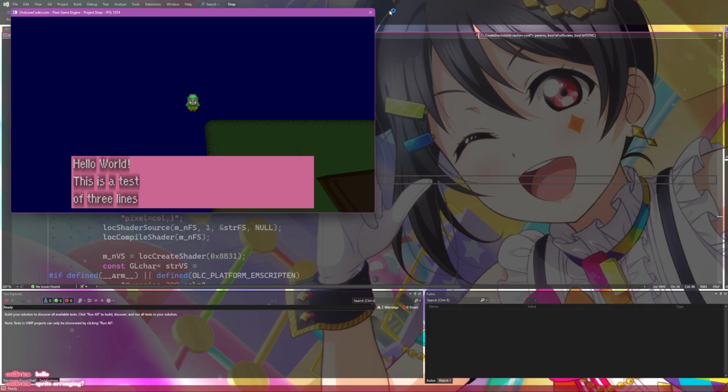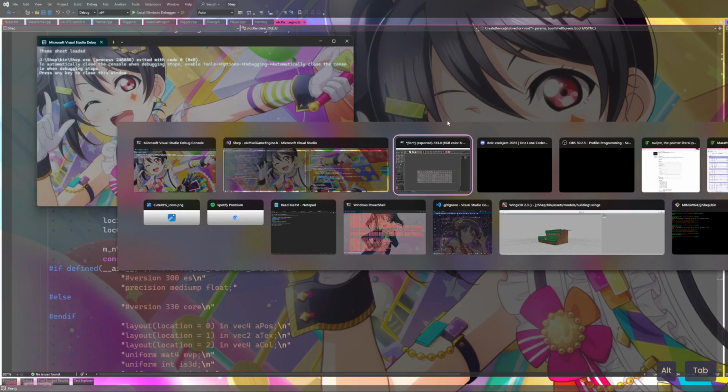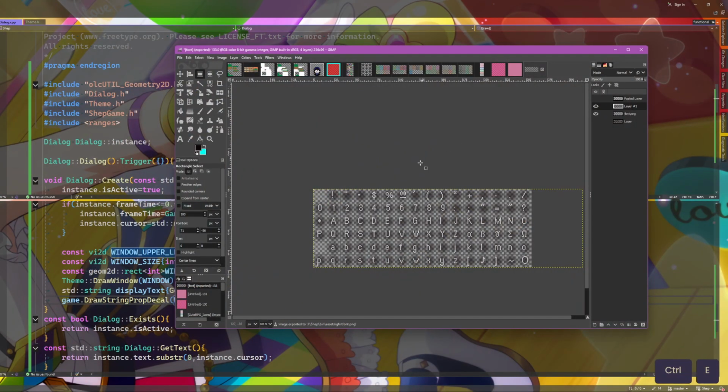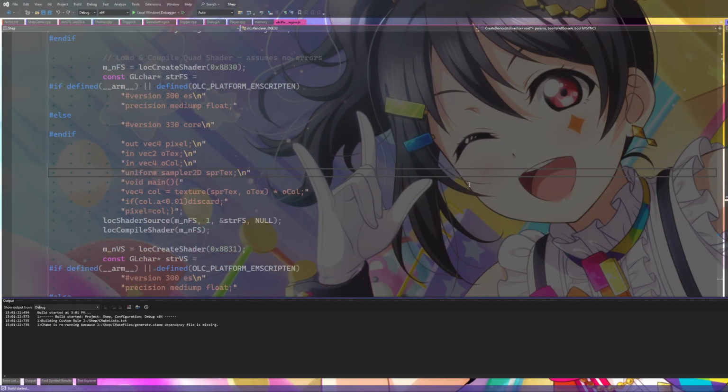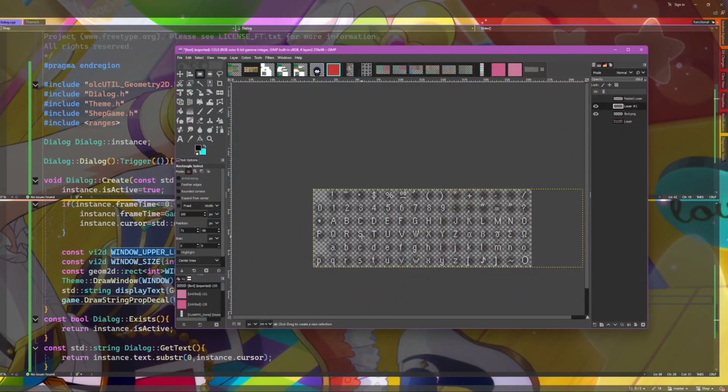Did that even work? I don't think that worked. Oh, you know what? It's because it's stretched out, that's why. Still looks weird. Oh, because it's also based on... Okay, I see.